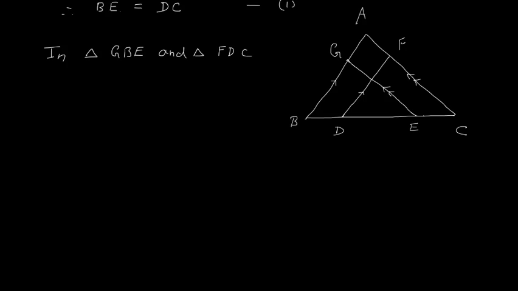Now in these two triangles we have angle B is equal to angle D, and angle E is equal to angle C. Okay, reason we can give that corresponding